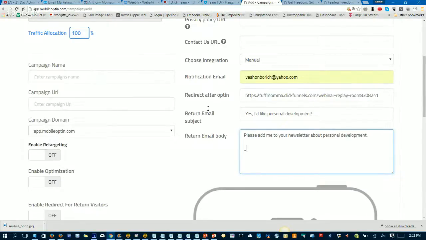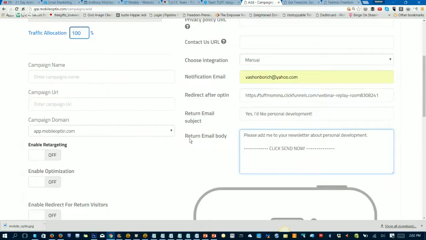And then here's what I do. I put a few of these, and I say in all caps, click send now. Okay. I use the wrong dashes here. There we go. So what that does is it lets them know if they do need to take action, they have to click the send in the email in order for it to go to you.